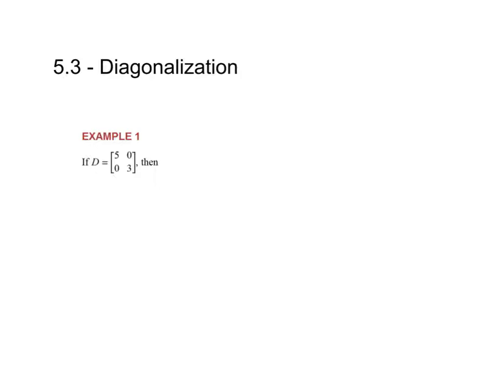In this video, we're going to cover section 5.3, diagonalization. Still relates to the main topic of this chapter, which is eigenvalues. And we start out talking about powers of a diagonal matrix in this first example. So let's see, powers of a diagonal matrix. If I have this diagonal matrix D here, 5, 0, 0, 3, if I square it,